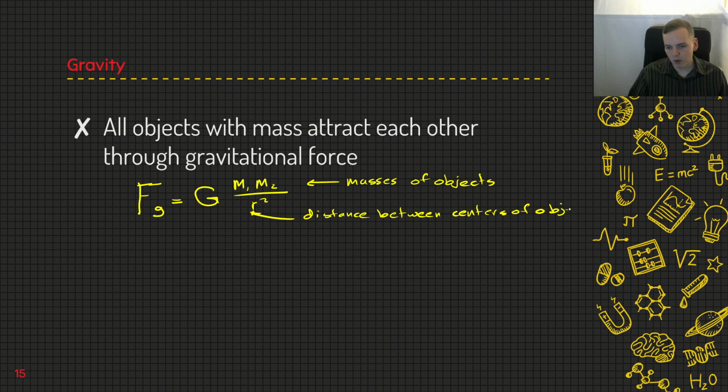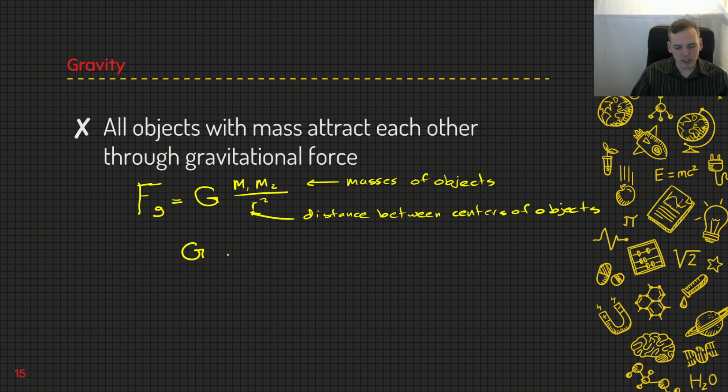This is important because if we're talking about you standing on the surface of the Earth, you're actually very, very far away from the center of mass of the Earth. You're on the surface, and the center of the mass of the Earth is in the center. That matters because it helps keep these from blowing up. Because technically, if you think you're standing on the Earth, and you're not away from the Earth at all, then this distance is zero, and it would blow out to infinity.